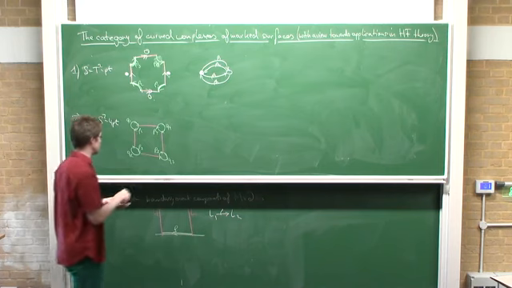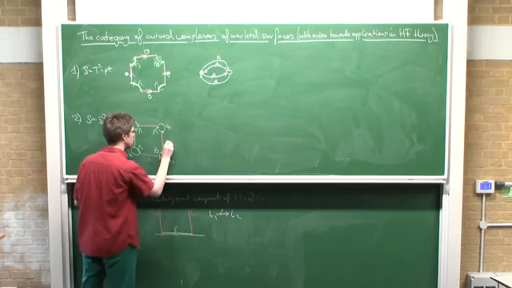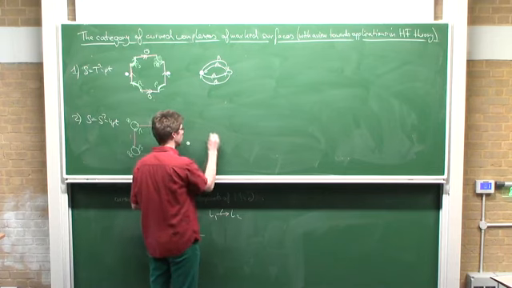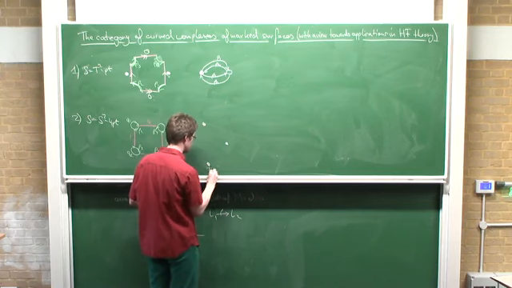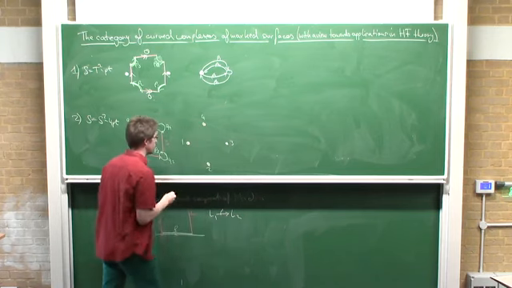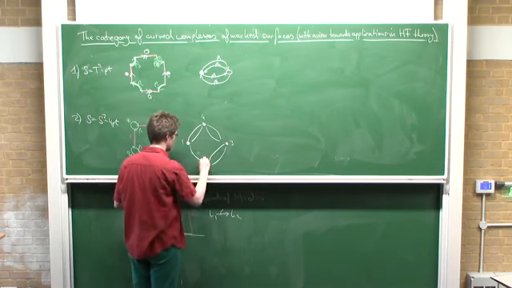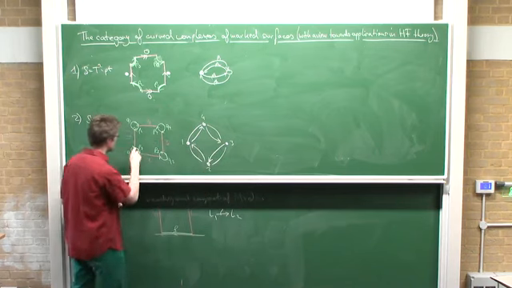Okay, and now I get a quiver with, okay, let's also label these 1, 2, 3, 4. So I get a quiver with 4 vertices, 1, 2, 3, 4, and then I have a number of arrows between those. So here on the front,